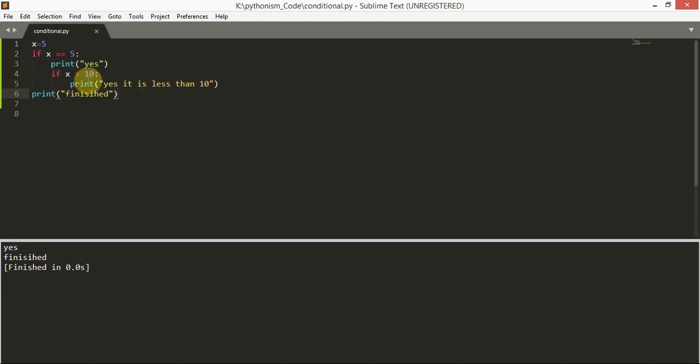Say for example, whether it is greater than 4 or not, we'll check like this. And then I'm running. See, now this statement is executed because this condition is true now. Because 5 is greater than 4, that is why we got this string in this output. You can use any number of nested ifs. Also you can use one more nested if, no problem. So that is your wish.